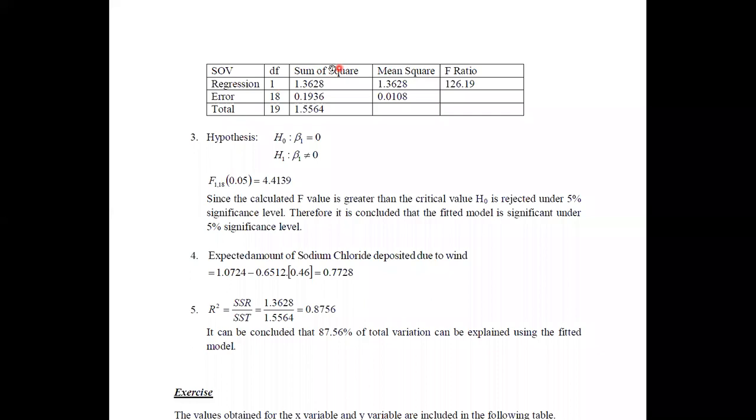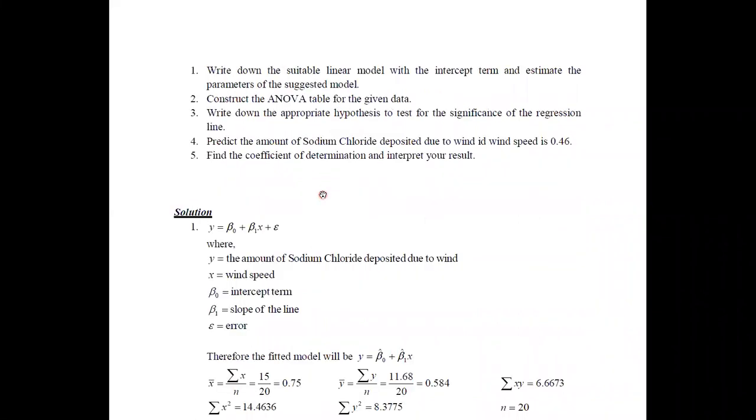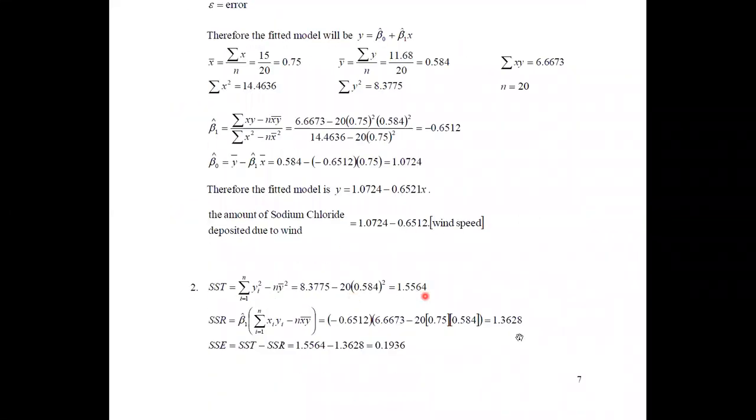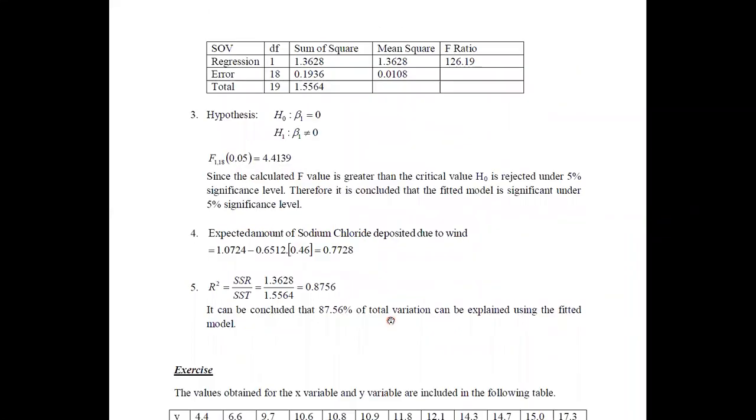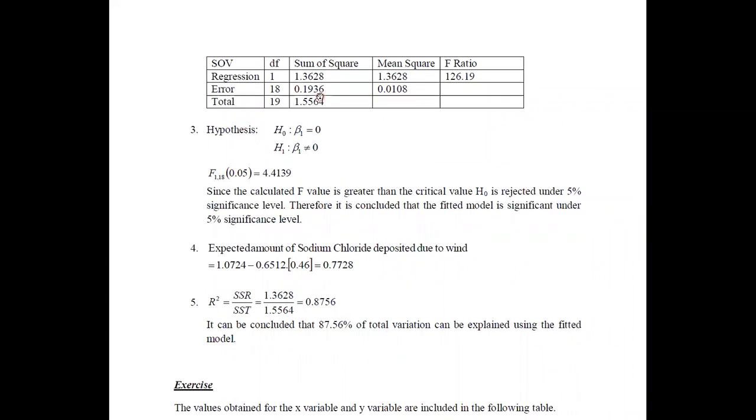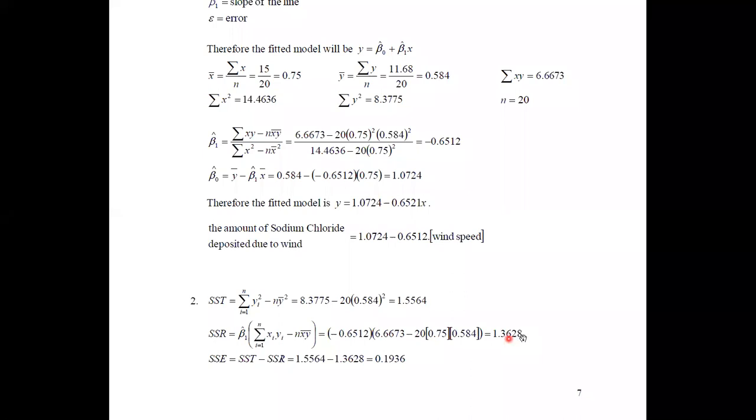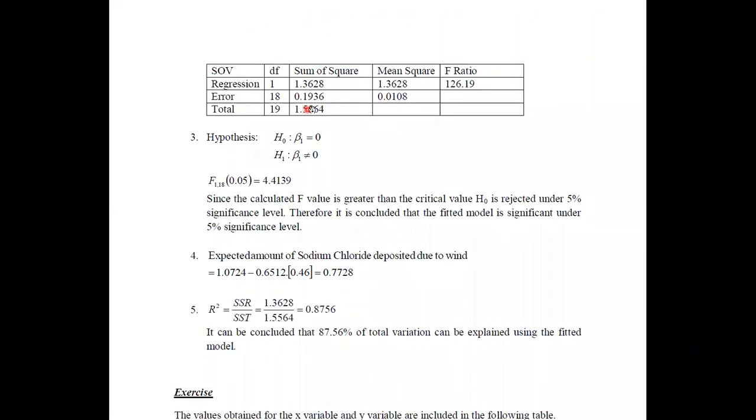Then we write the sums of squares obtained in the previous stage: regression was 1.3628, error was 0.1936, and total was 1.1564. Then take the ratio between the sum of squares and degrees of freedom to obtain the mean square. So 1.3628 divided by 1 gives you this value.